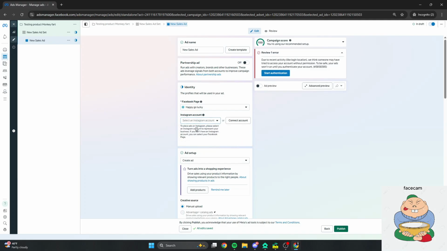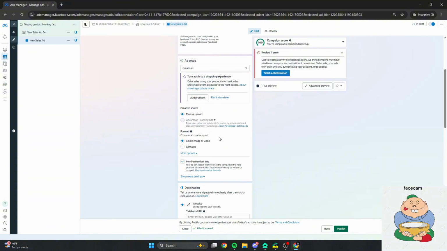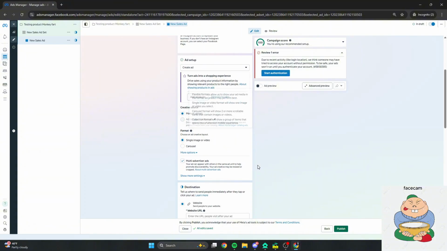Everything is made so the AI that Facebook has is going to work, right? Make your own Instagram page. Make sure you connect it to your Facebook page. I'm not going to show you guys how to do that. It's very self-explanatory. Now, this is the most important part, and a lot of people mess this up.